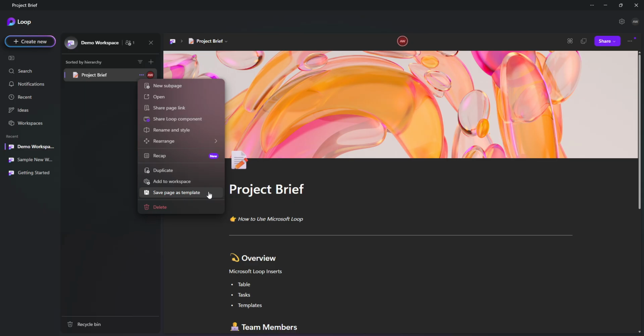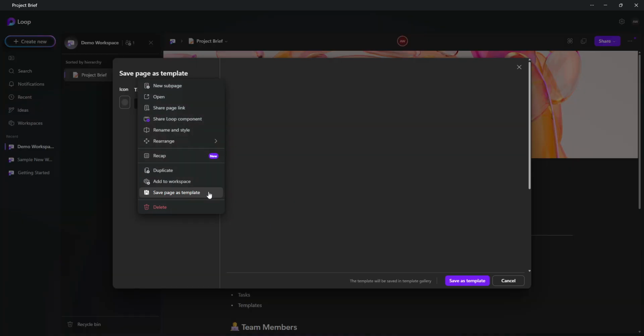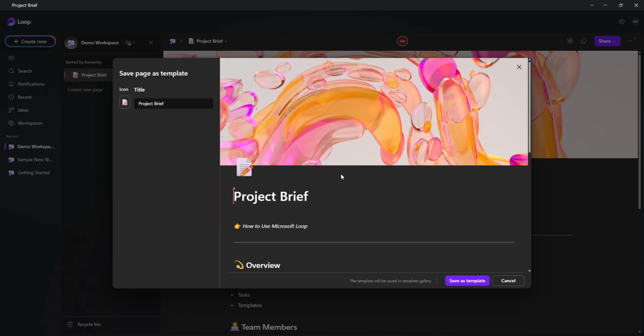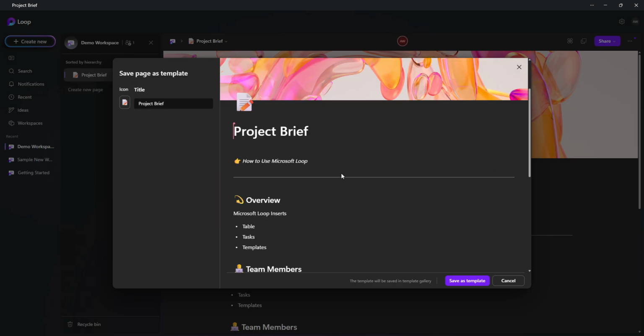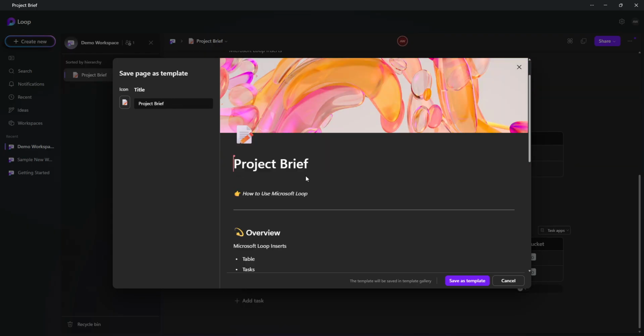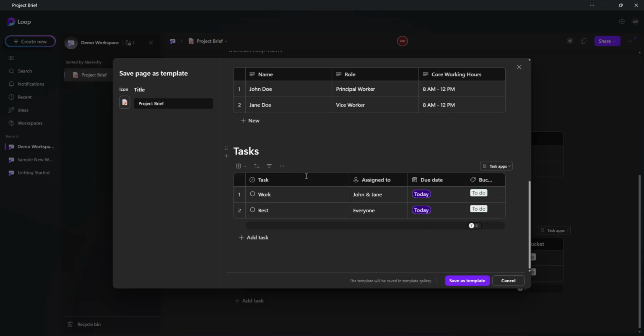After you choose Save as Template, a prompt will appear asking you to name your new template. This is an important step. Choose a name that clearly describes what the template is for so that you and anyone else in your workspace can easily recognize it later. For example, weekly stand-up meeting, project kickoff plan, or content brainstorming board are all more helpful than something vague like